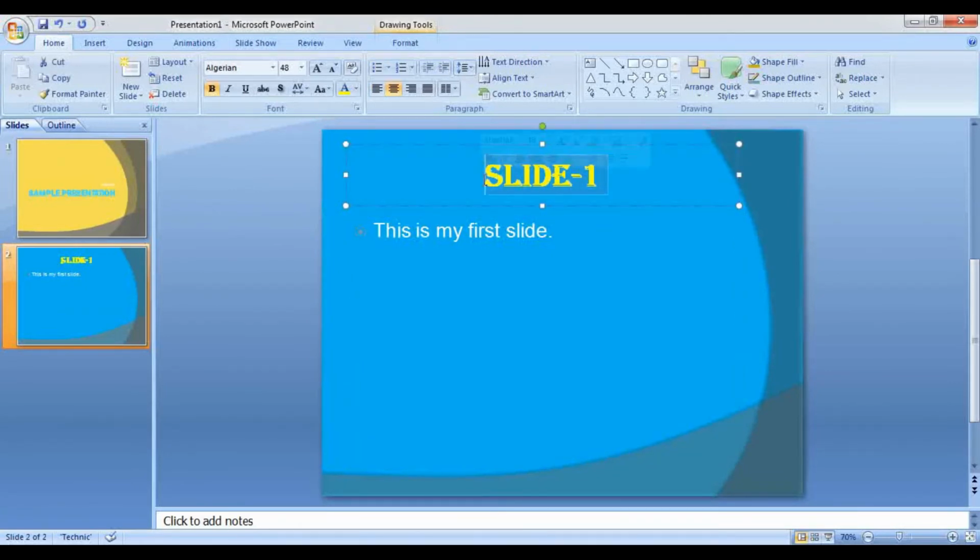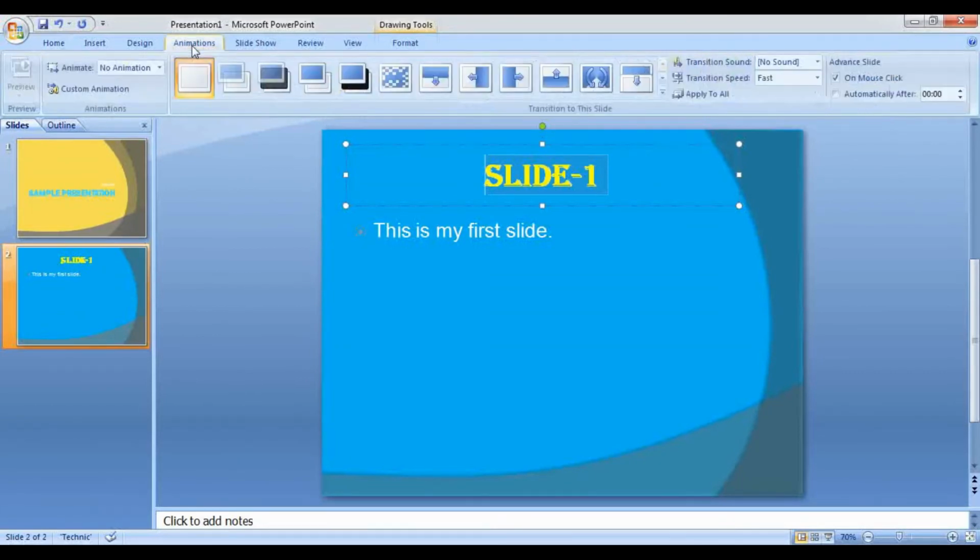So to apply animation, as I told you, animation is applied to the objects, so you have to first select the object. Now my slide 1 becomes my object. To apply the animation, I will have to go to the animations menu on the menu bar. Now if you look here children, because I am using Microsoft Office 2007, I have my animations option and transition options in one single option, that is animations.